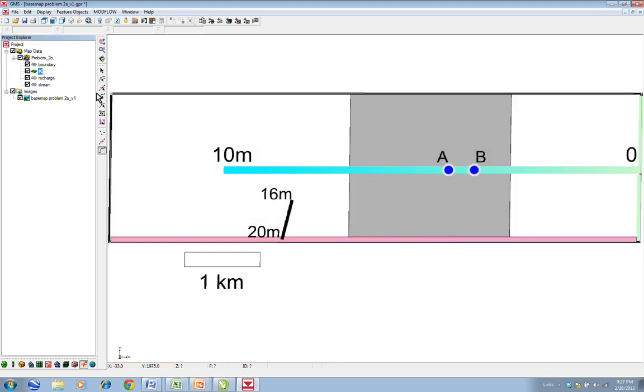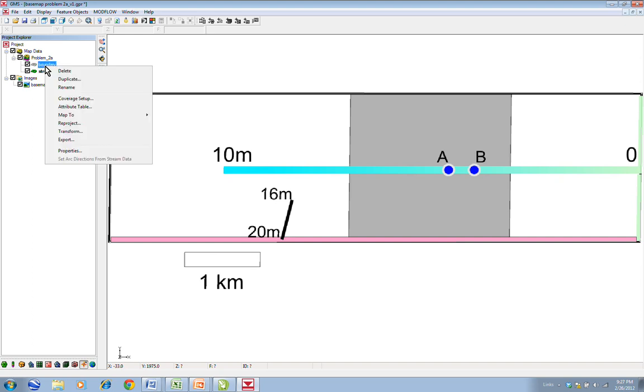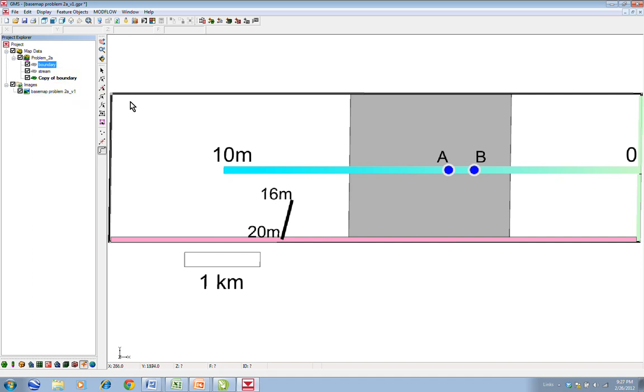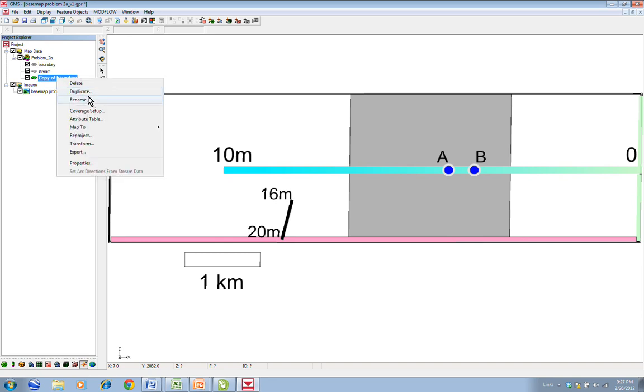And probably would have been a good idea to have, yeah, what I'm going to do is just delete this K and this recharge. I'm just going to copy this boundary and basically repeat what I did, but I'm going to copy the polygon just to make it easier. So this will be K,